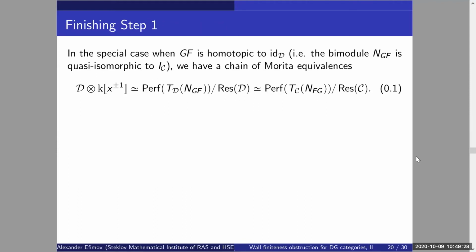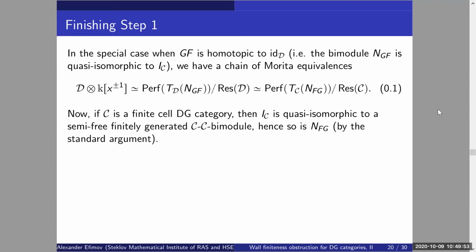In the special case when GF is homotopic to identity, we see that this D tensored by Laurent polynomials is equivalent to this quotient, perfect complexes over the tensor algebra of N_FG, mod out by restriction of scalars of C. And in the special case, if we now consider the case when D is homotopically finite, and we are representing it as a retract of some finite cell DG category,